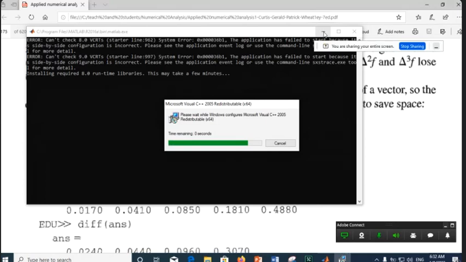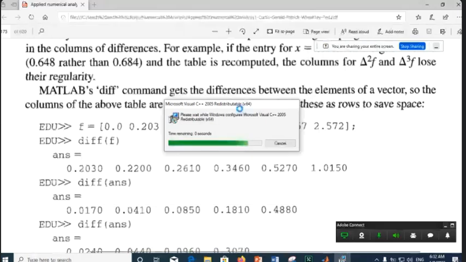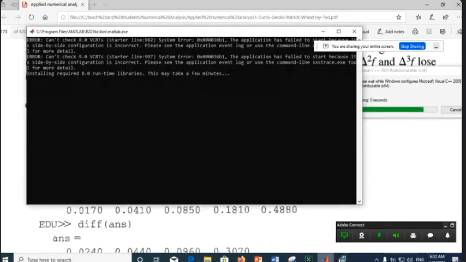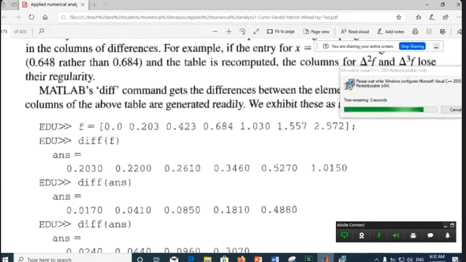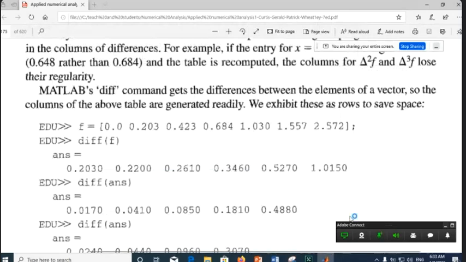A random problem arises when we run MATLAB. So maybe a few minutes. If you have any question,